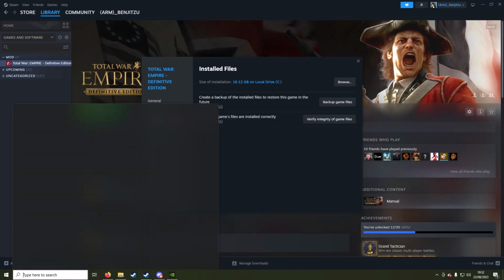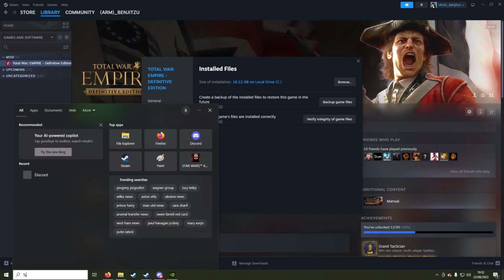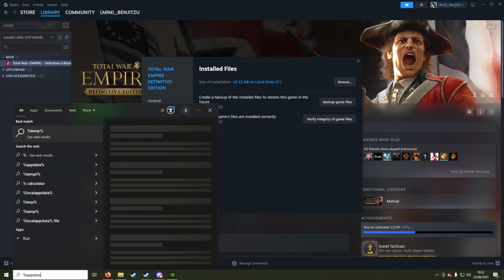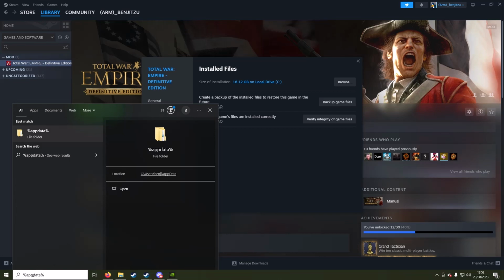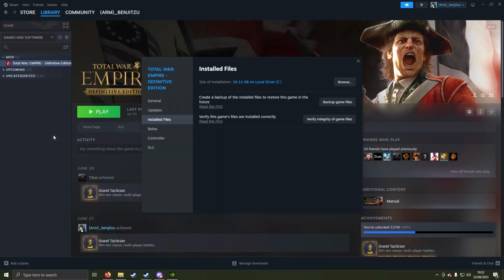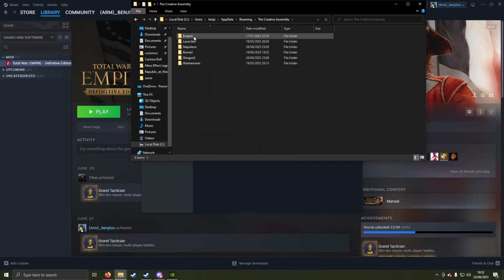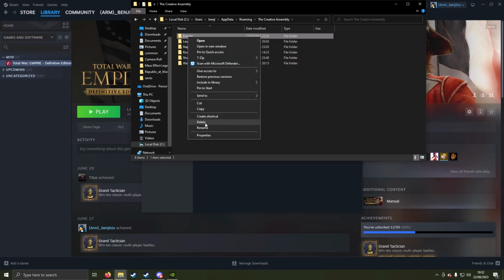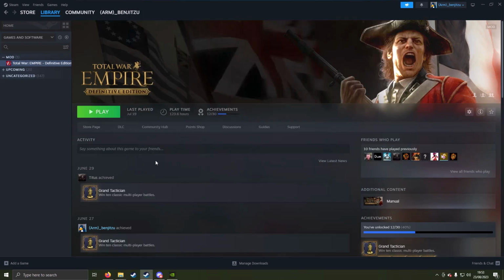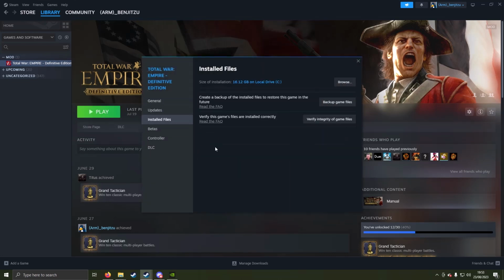The next thing you need to do is type into your Windows search bar, I'm not sure what it is on Windows 11, but I hope it's similar, percent appdata percent, with a percent sign at the start and at the end. Go into this folder, and what you want to look for here is The Creative Assembly, just down here. And you need to delete your Empire folder. So once you've done both of those, you'll then need to go back into properties, back into installed files,